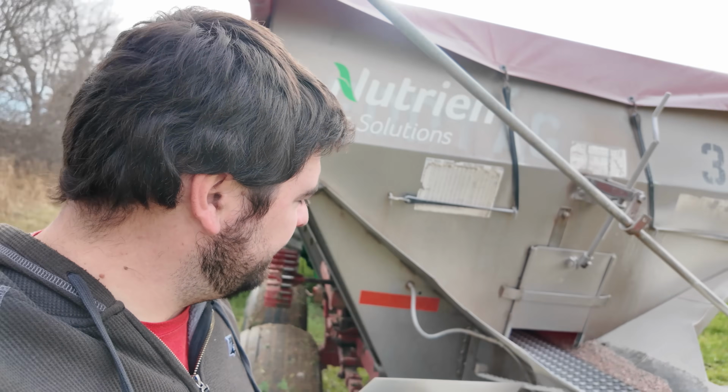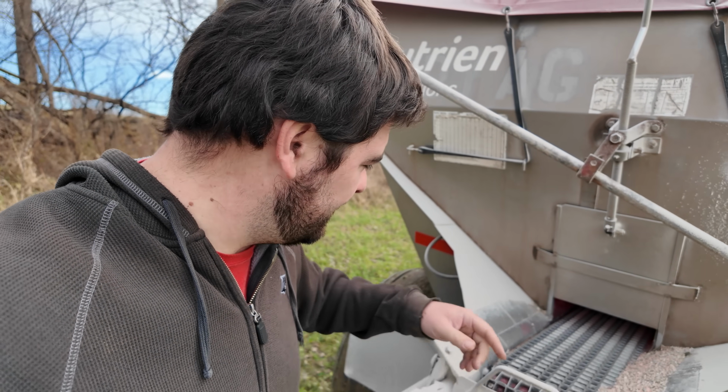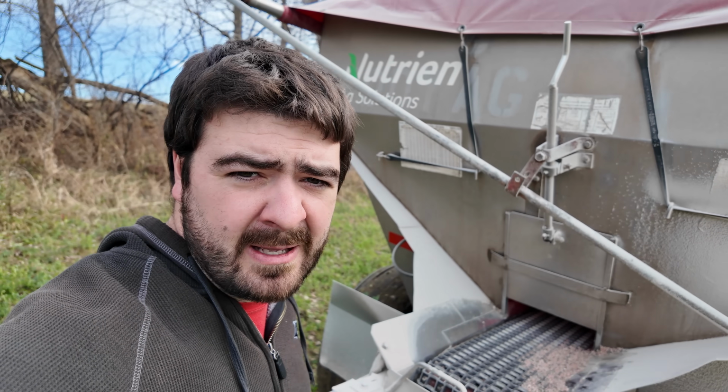I did have a little bit of overlap in some spots, but I had just ran out because it was still putting fertilizer down in this last 100 feet. Otherwise, I'm gonna head back to the buildings, drop this off, and call them up and let them know that